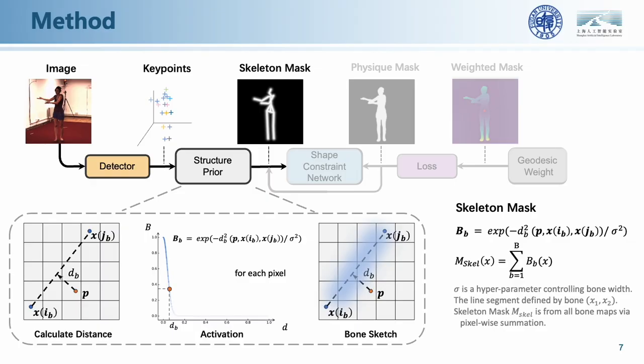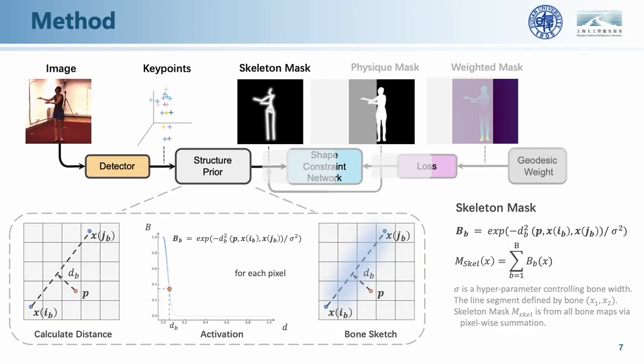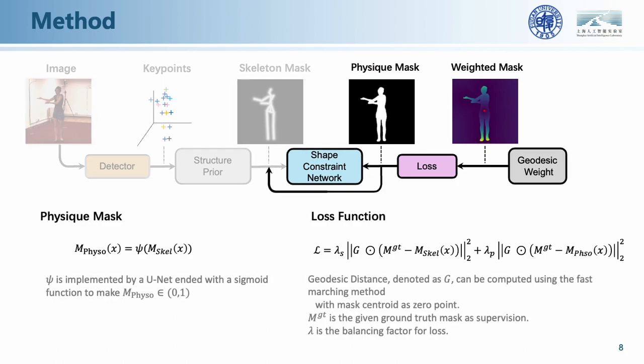With given connections, the physique meaning of each key point can be determined, and the gradient can be backpropagated from frame to point. As demonstrated in the experiments, the structure prior builds a connection from key points to shape maps, and effectively extracts skeletal information of the majority part within mask supervision. However, a gap still remains between the skeleton mask and the ground truth mask. The integration of a shape constraint could further narrow this divergence, culminating in a more precise 3D pose estimation.